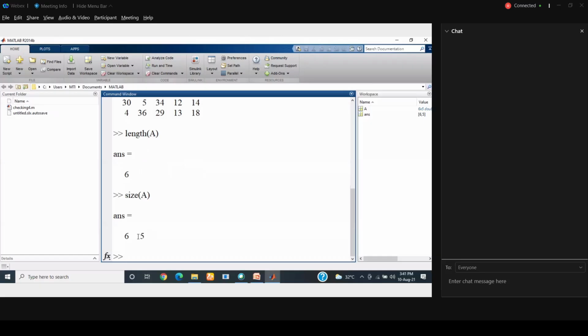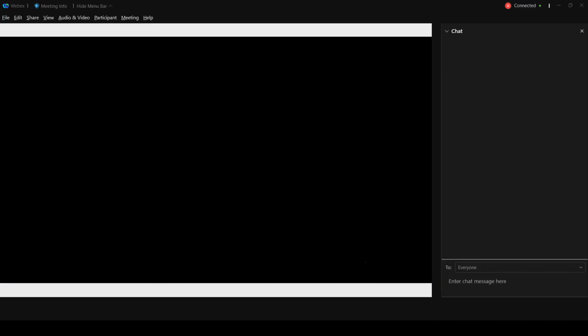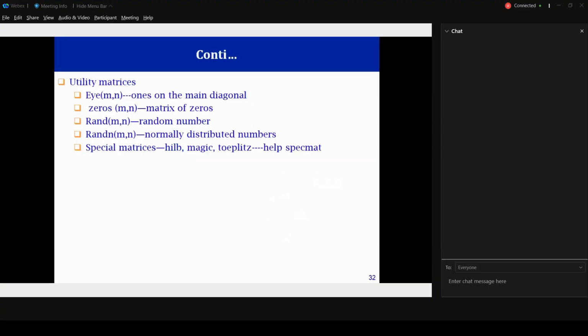Okay. This is what I explained to you. These are the dot operators, which are basically element by element operations. Correct? Now, these are the matrices which we created. MATLAB also provides some utility matrices, which basically have a fixed logic of developing them.